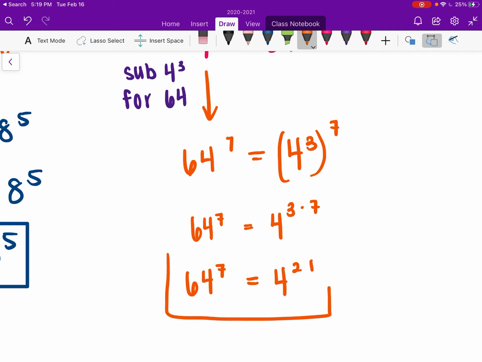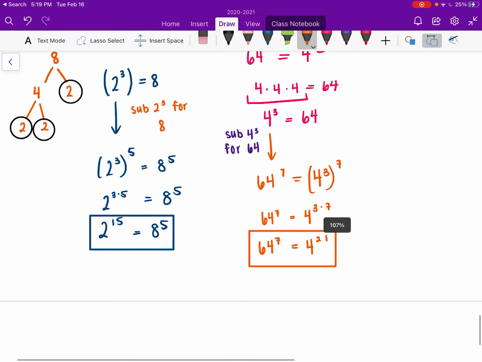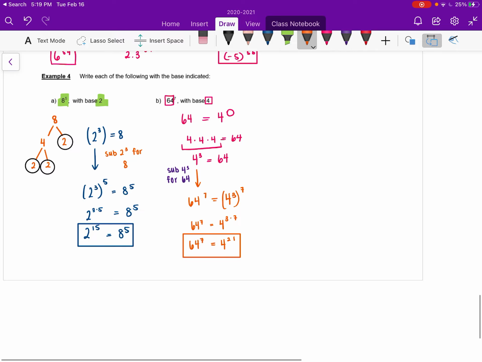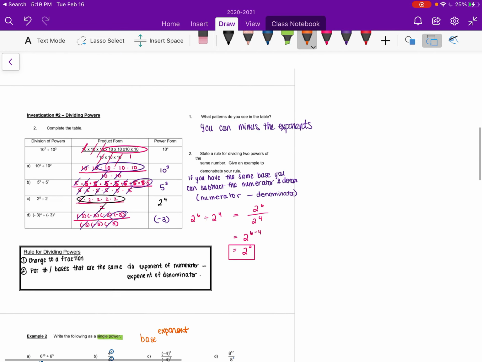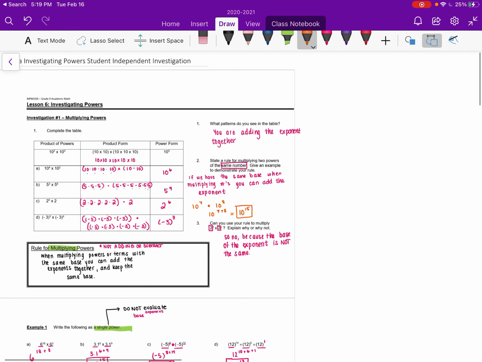And now if you go back in and you find 64 to the power of 7, it's going to give you this huge number. It's going to be like 4.39 times 10 to the power of 12. And if you do the same thing for 4 to the power of 21, you'll get the same number. So you know that they're equal, and that's a good way to check your work. Okay, and that is it. That's the end of our lesson. I'm going to take up lesson 6 with you, 6B, and yeah,